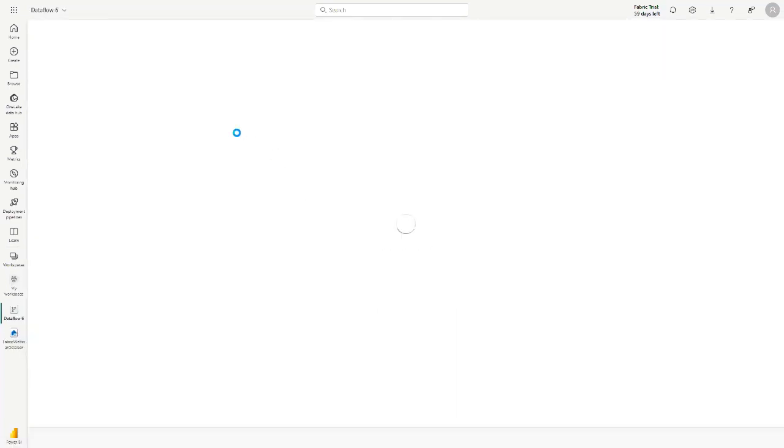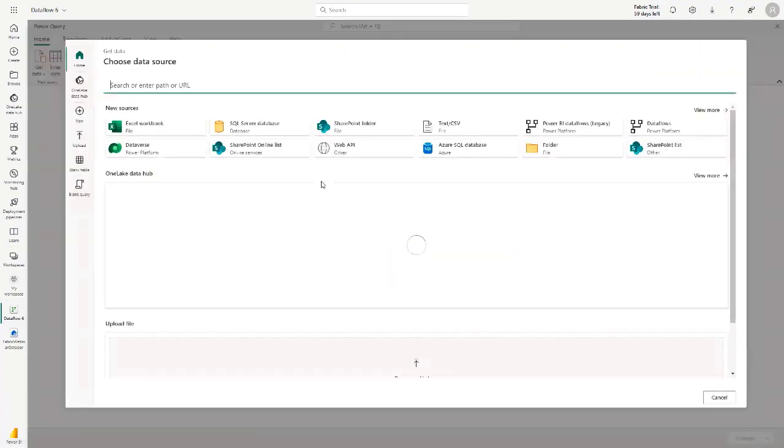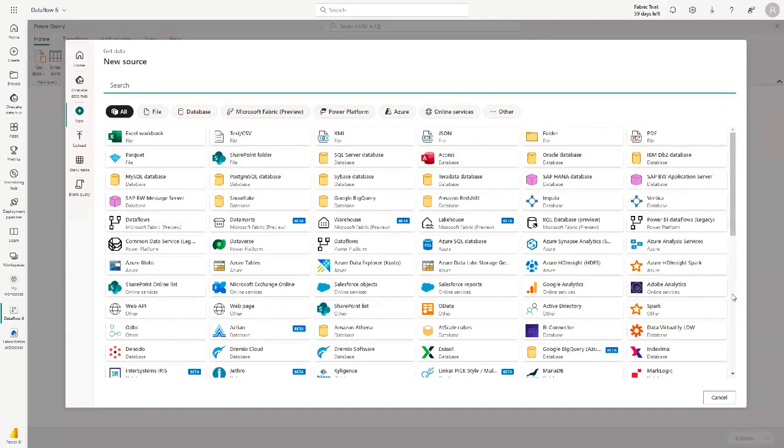Now, here's something really cool. I can import from a Power Query template. I can also import from Excel, SQL Server. Here's all the different connectors. I can take it from my data hub. I can write a blank query. I can upload a file. Look at this.